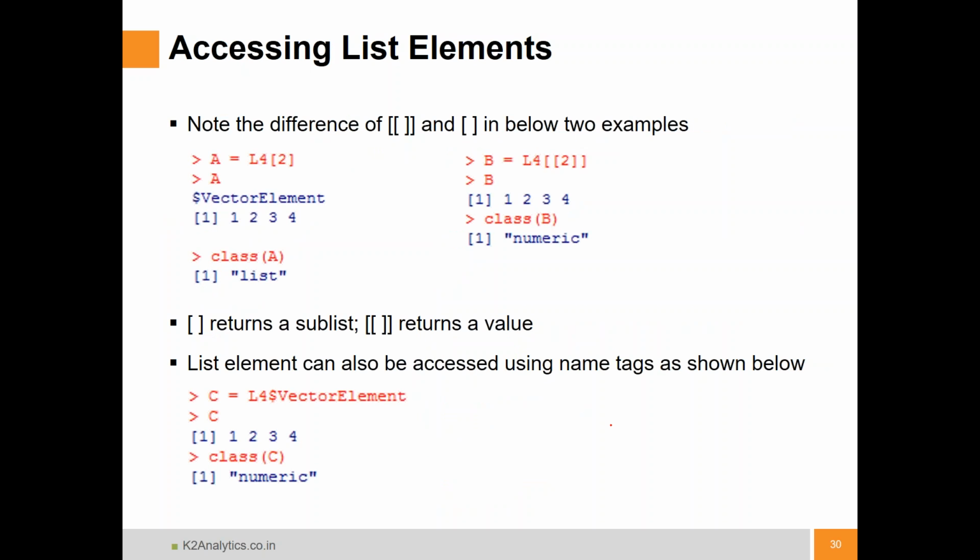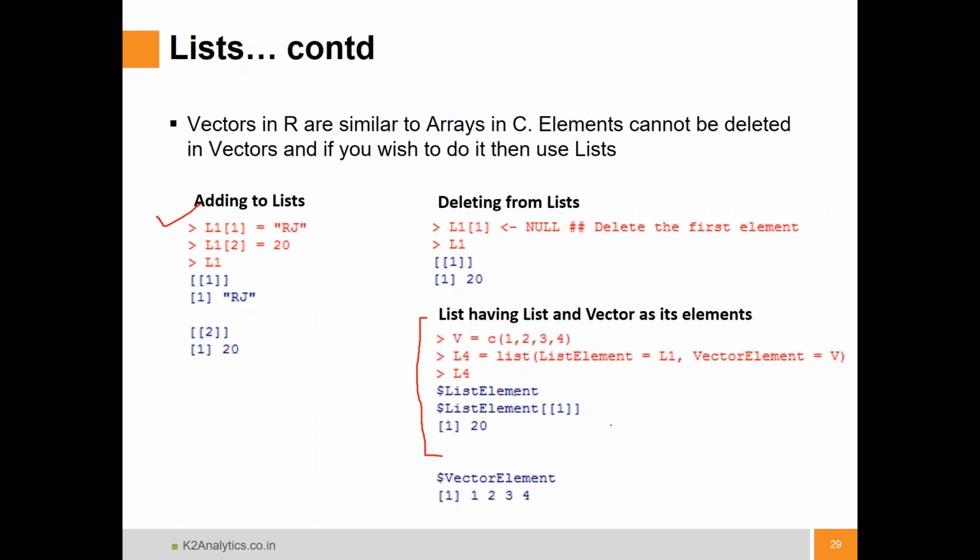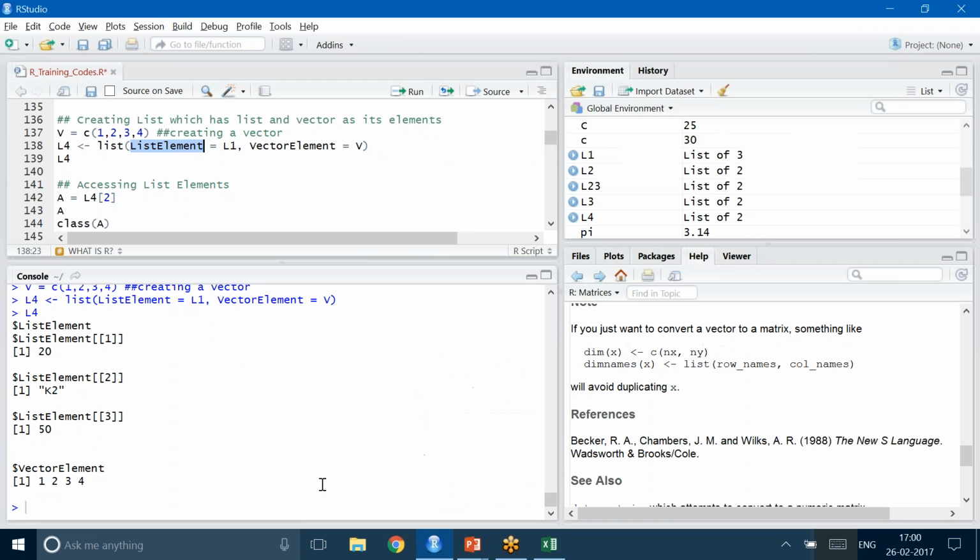What is the output you got? Basically, the output will show a list element and the values in it, then a vector element and the values in it. So here you will get a slightly complicated output like this because we created a list which has got